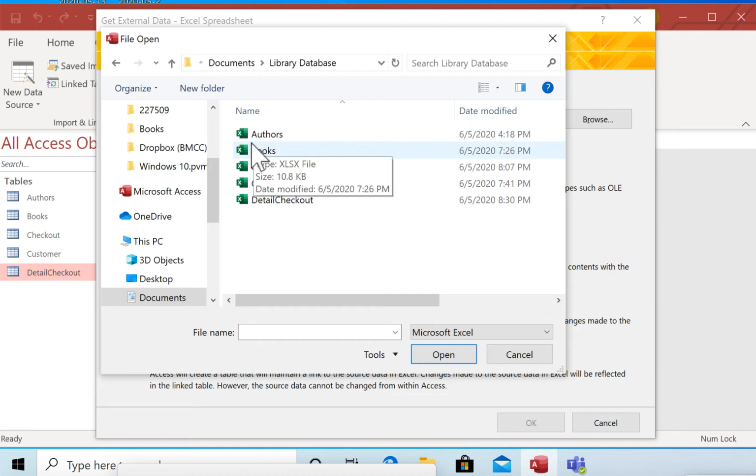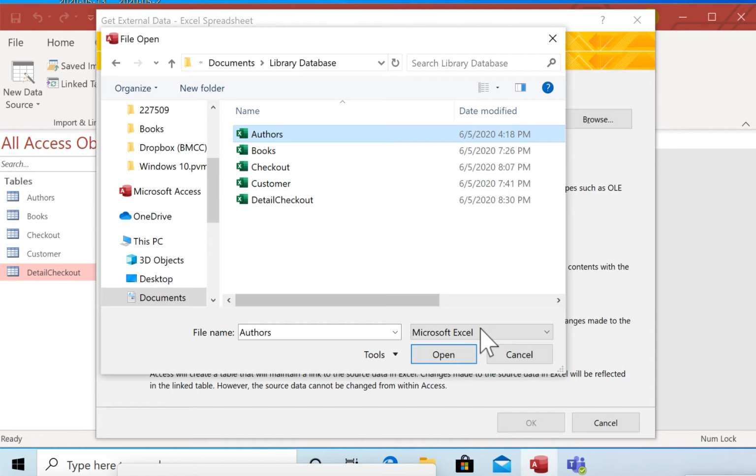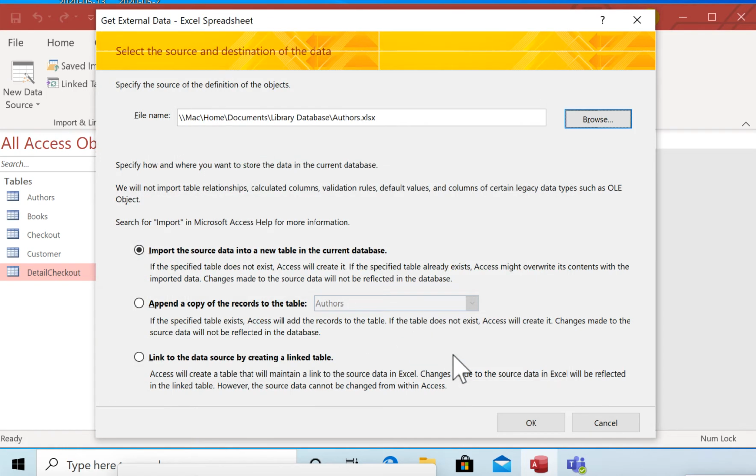and I'm going to select the file, click open, and here I'm going to import the records in a table that is already created. So I'm going to select this option, append a copy of the records to the table, in this case to the table authors. They have to match the information that we're going to import. So I'm going to click on OK,